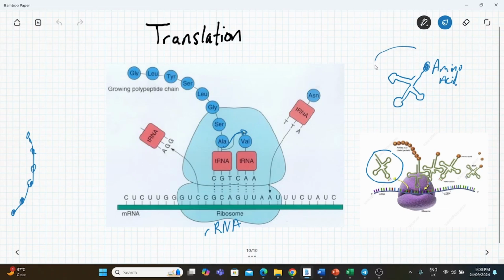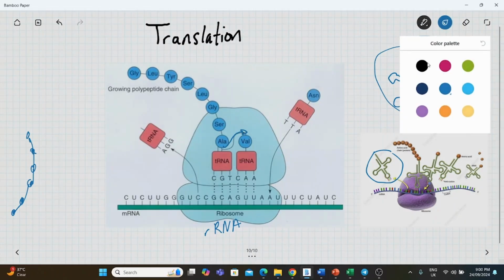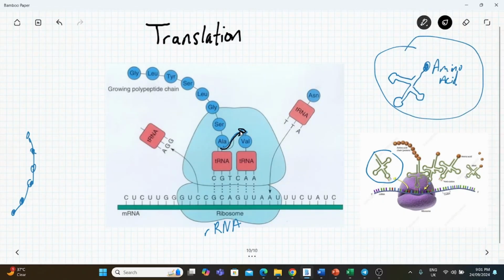And remember, your tRNA looks like that. It comes and it joins and it supplies an amino acid. And once it connects, another one connects on. And what you end up with is this chain being connected onto that one. And then the next one comes along, and then it connects onto that,